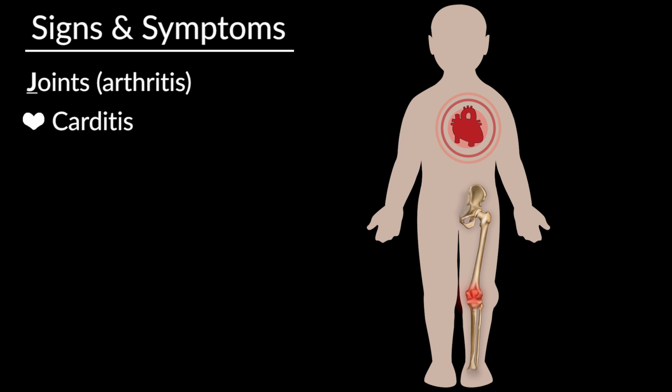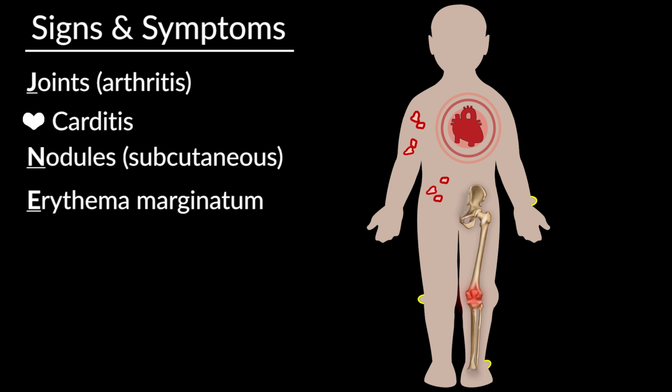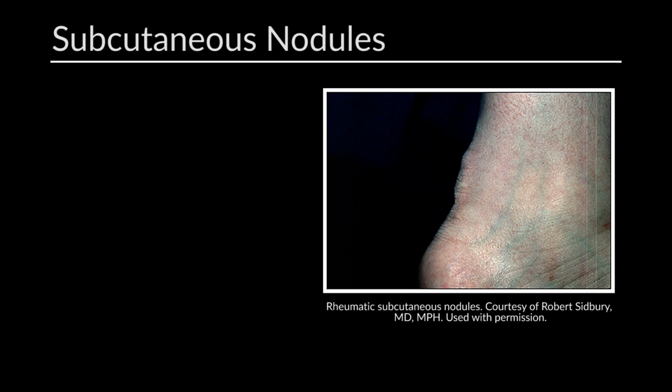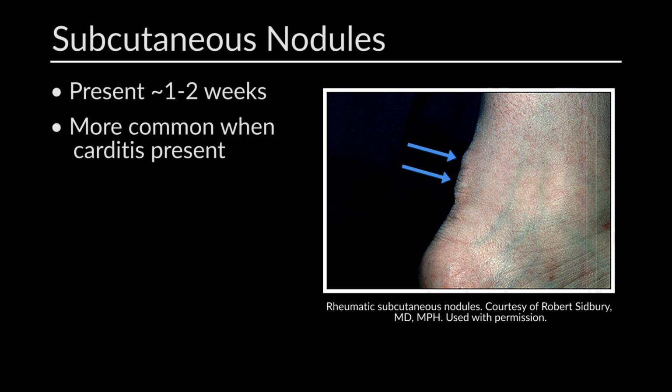Less commonly, people with acute rheumatic fever present with subcutaneous nodules and erythema marginatum with specific characteristics. Subcutaneous nodules are painless lumps seen on the outside surfaces of major joints. They are often present for about 1 to 2 weeks duration and are more commonly present when the patient also